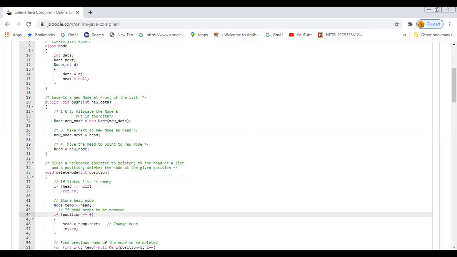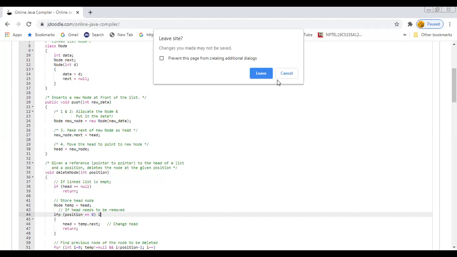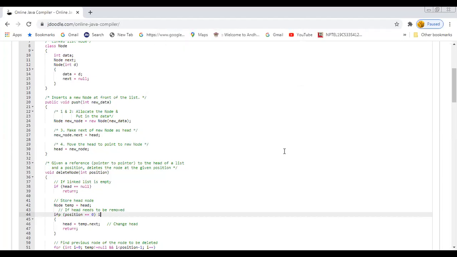what do we have to do? In that case, head is equal to temp dot next, because always when we are performing any operation, we are supposed to start from the head node onwards. In this case, we want to delete the starting node, that is head.